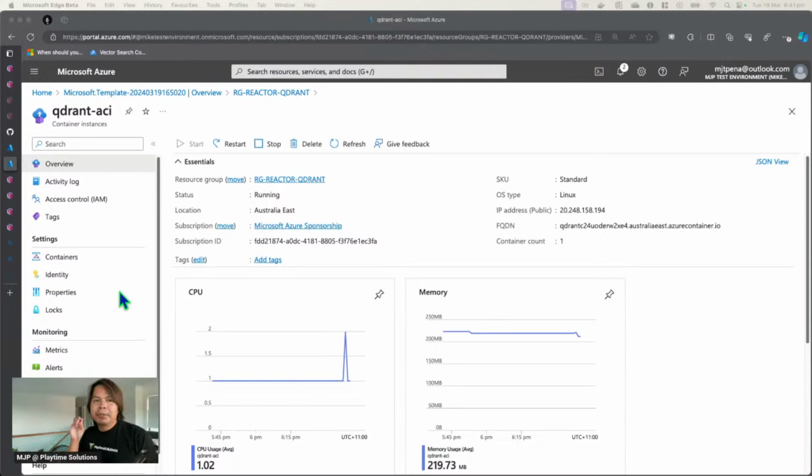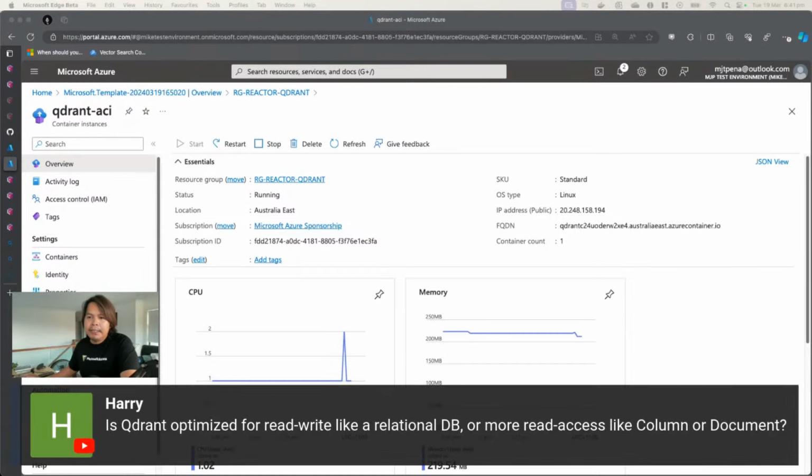So I think it's more of a filtering or searching problem rather than an indexing problem. So is Quadrant optimized for read-write like a relational DB? That's a good point, right? So my approach with this one is that